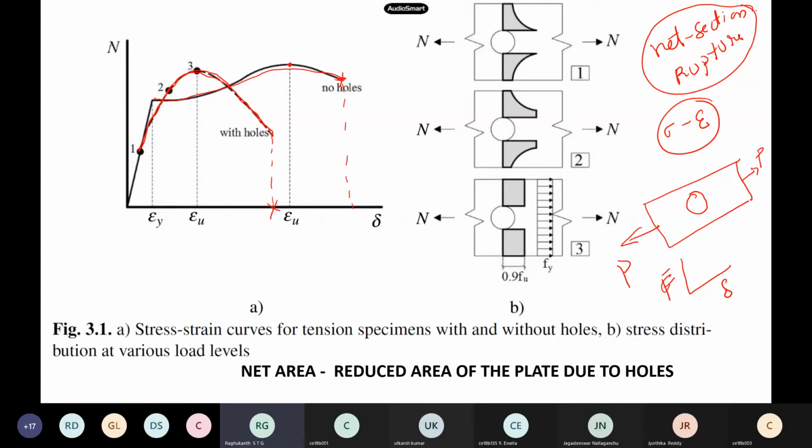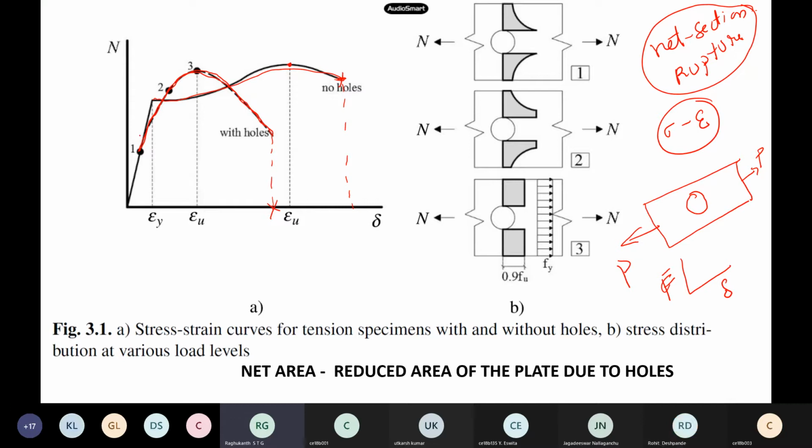What is your comment about ductility? Ductility means this one minus this one, the percentage elongation, or you can find out elastic versus this and like that also. So now what has happened? Ductility has reduced, and if you see the stress strain curve, it looks a little bit like a brittle material or something. You followed, right? It looks like that.